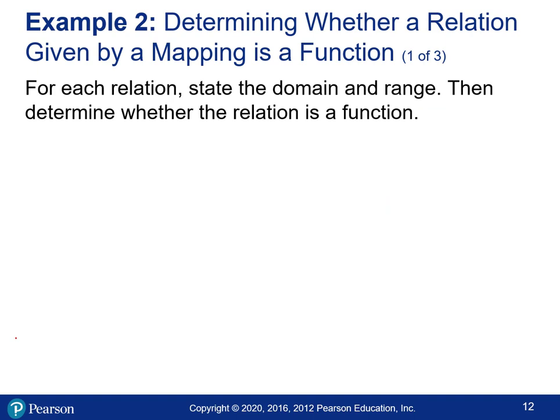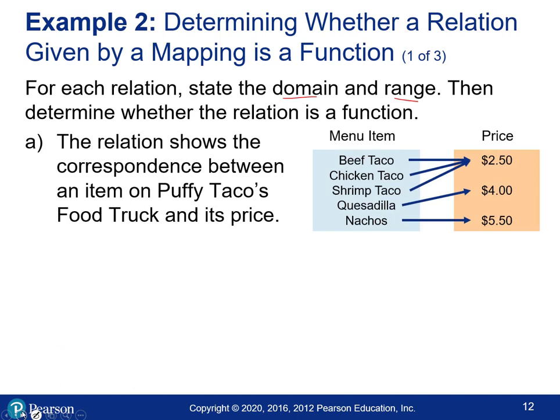Okay, so example, for each relation, state the domain and the range. This is going to give us some practice on identifying the inputs and the outputs. Then determine whether the relation is actually a function or not. Because remember, it might be a relation, but it might not be functioning, like our vending machine example, so it won't be a function. So first one, the relation shows the correspondence between an item on Puffy's Taco food truck